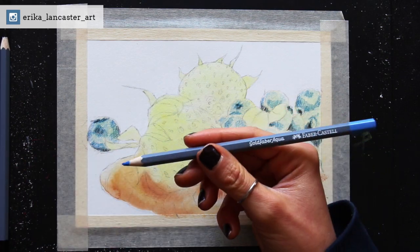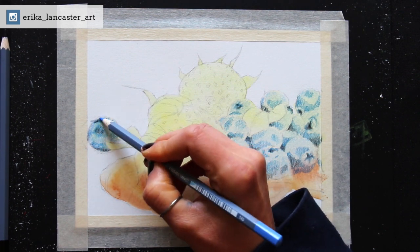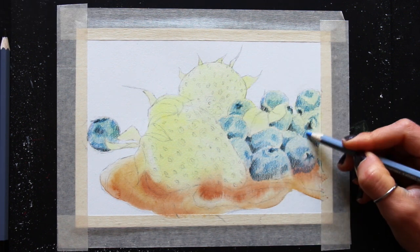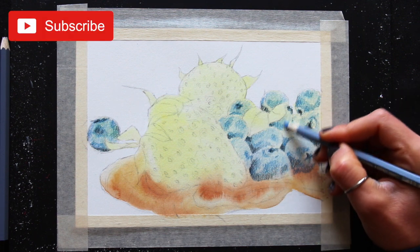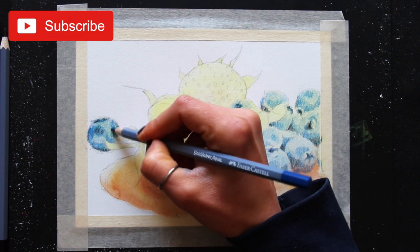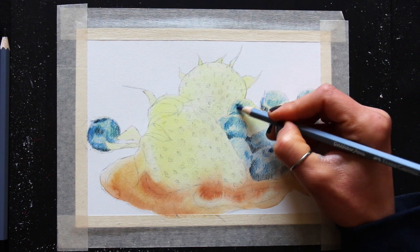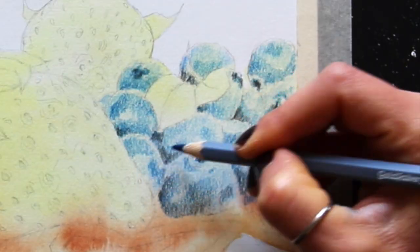Now that I've explained a little bit about the process that I go through to create my underpainting for a new piece, I want to briefly explain why creating an underpainting for watercolor pencil pieces can be so helpful, and not only for still life or scenery, but for a variety of different subjects that you might decide to tackle with this medium. So reason number one why creating an underpainting can be so helpful when you're using watercolor pencils